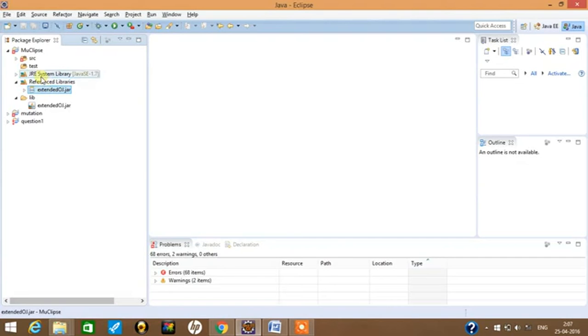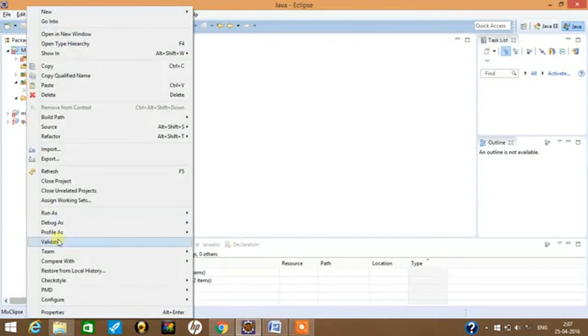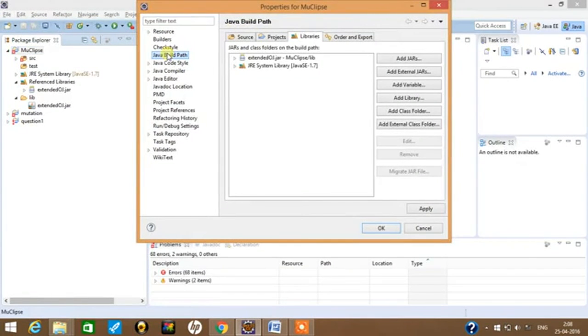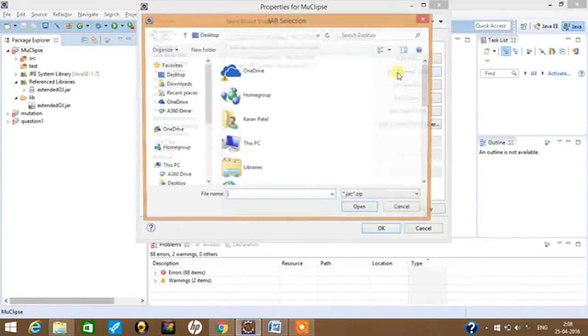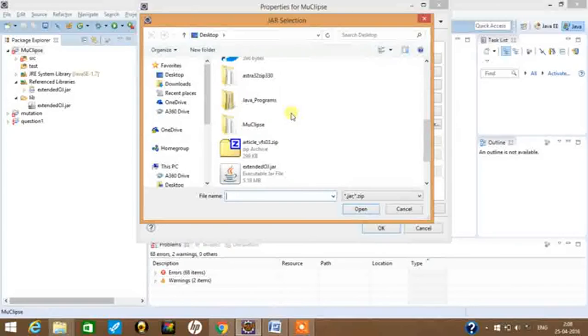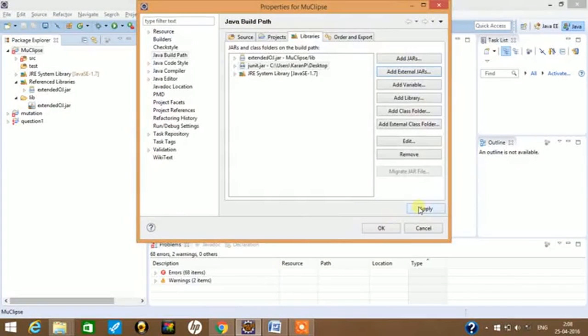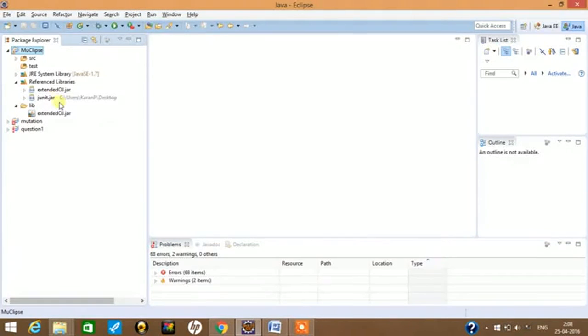For that, right click on the project name, go to Properties, click on Java Build Path, click on the Add External JARs button, browse to wherever the jar file is, click on the jar file, open and click OK. Now you can see the JUnit jar file also successfully added into the referenced libraries.